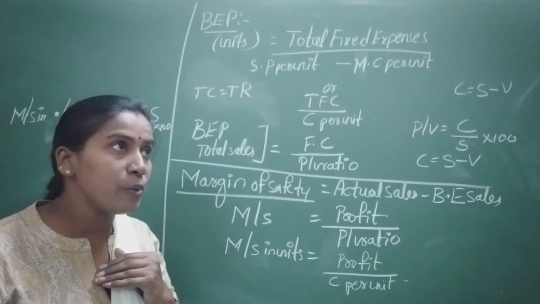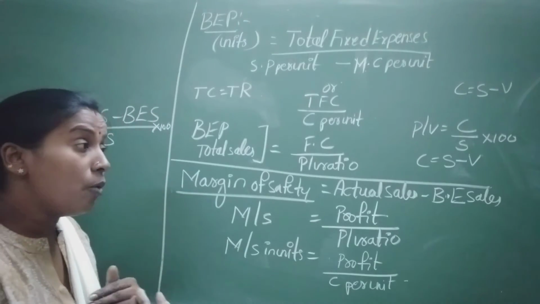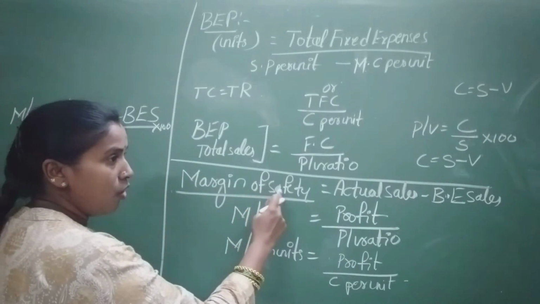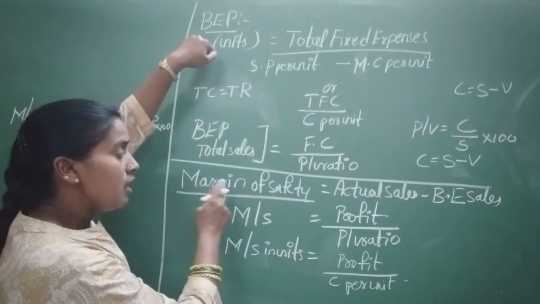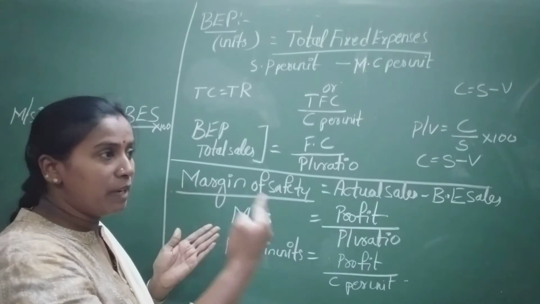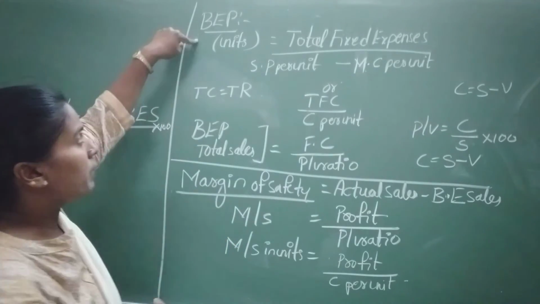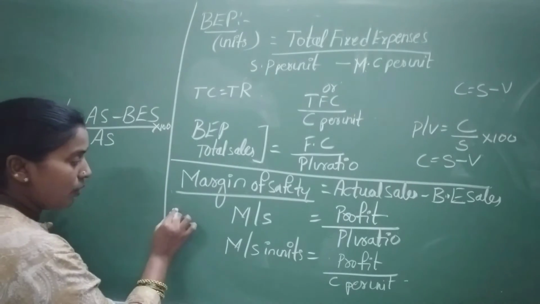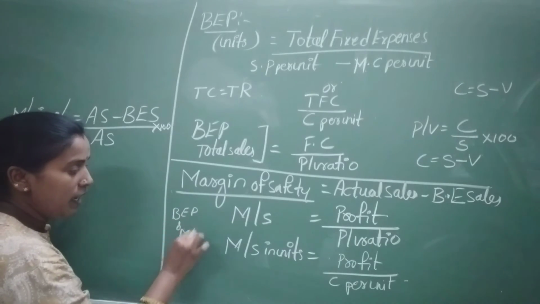How much you thought to produce this year with this stock, what you purchased or inventory, more than that you produced. It is nothing but margin of safety beyond break-even point. If you are going more than break-even point, it comes under margin of safety. If the relationship between margin of safety and break-even point is more, there is a profit. If the relationship between break-even point and margin of safety is less, it is a loss situation. So the relationship between break-even point and margin of safety should be more.